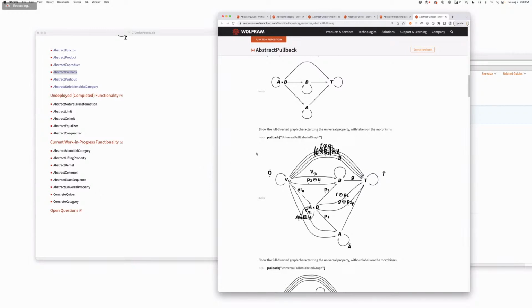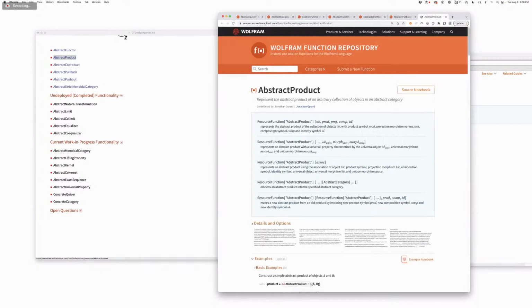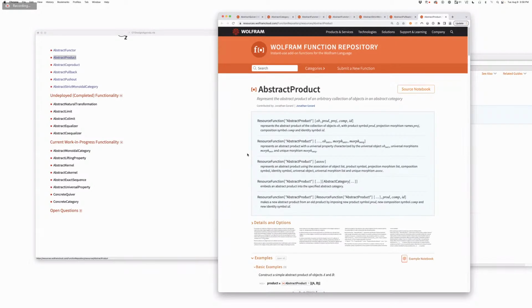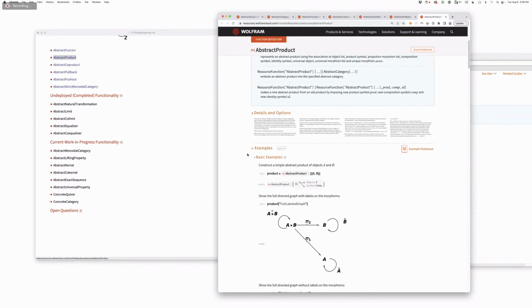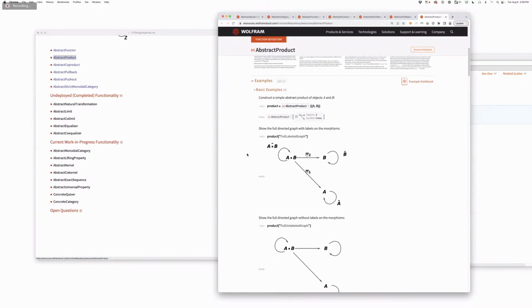Well, so again, if we start by looking at abstract products, maybe that's easier than looking at abstract pullbacks straight up. So here's a minimal example of a universal property. The way I like to think about categorical products is that they're vast generalizations of the concept of set intersections. If you imagine A and B here are sets, all the objects are sets, and all the arrows are essentially inclusion relations between sets,